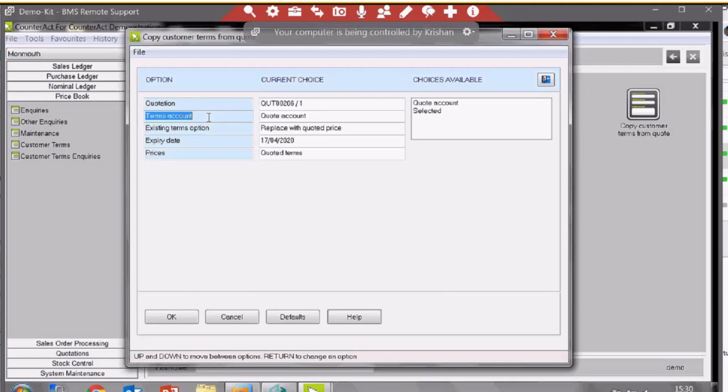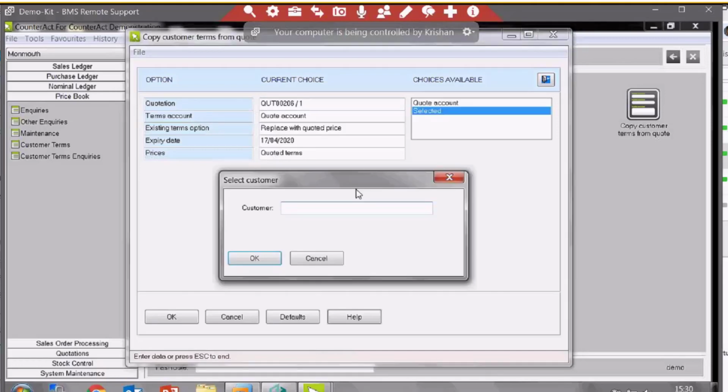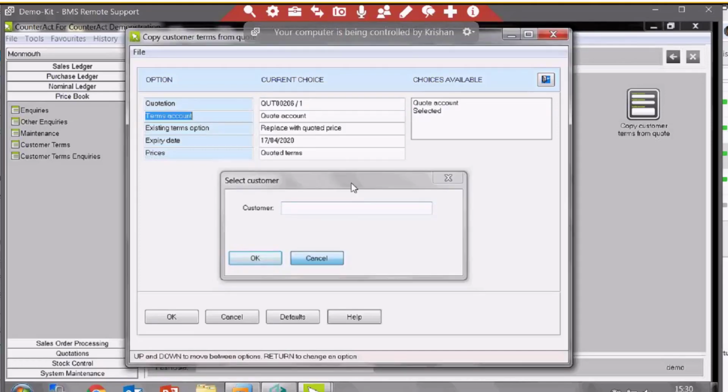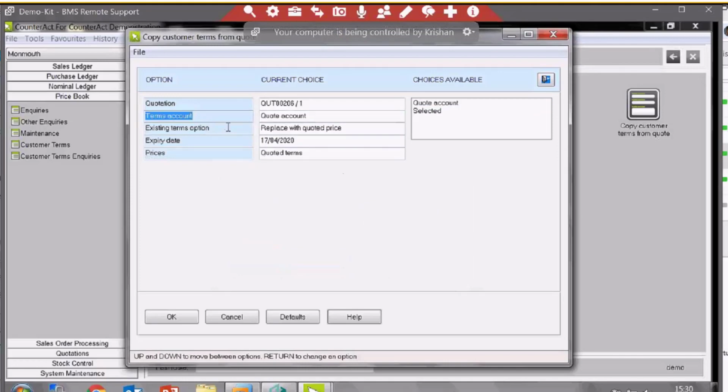I expect that would be normal, but you can in fact copy a quotation from another customer into terms. So you can choose a selected account there, or just say, right, no, I want it to default to the quote account. You've got the opportunity to replace any existing quotes with the quoted one, or to ignore it if it's already on the customer terms,